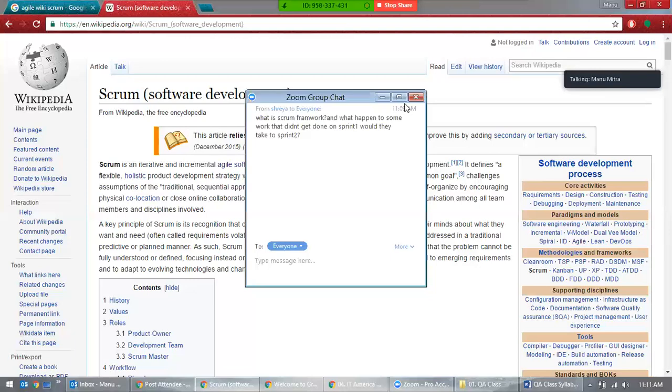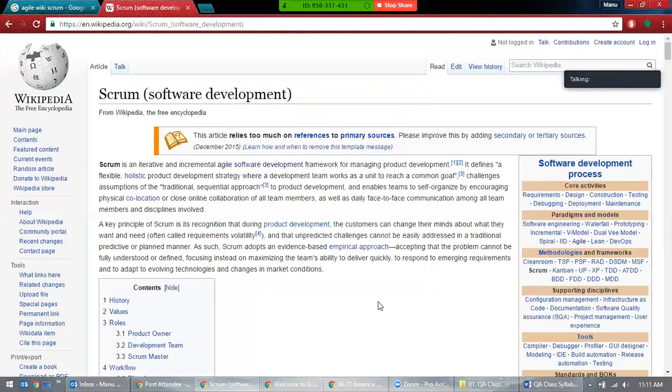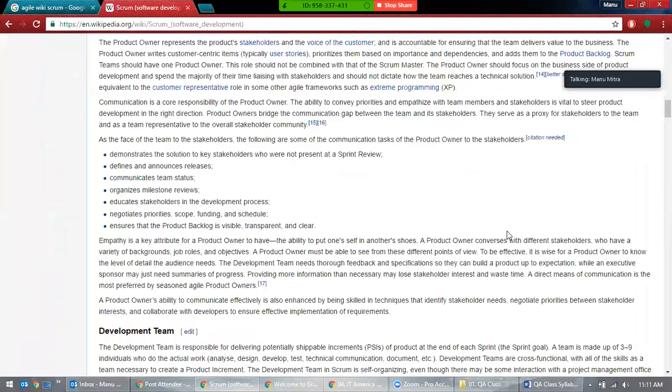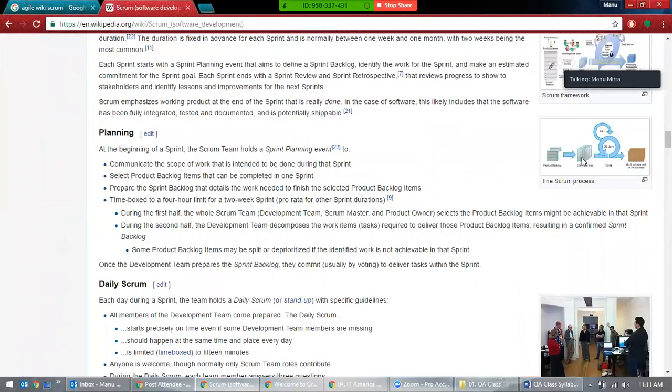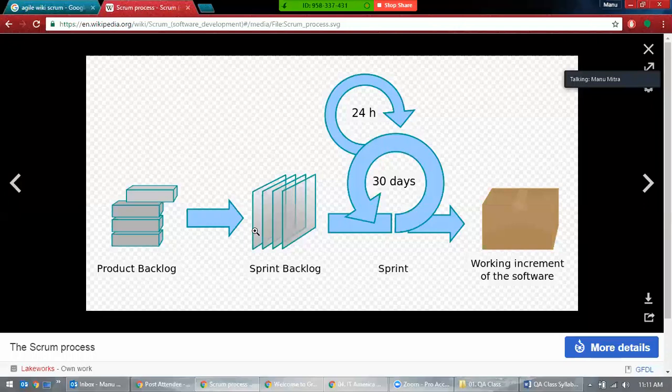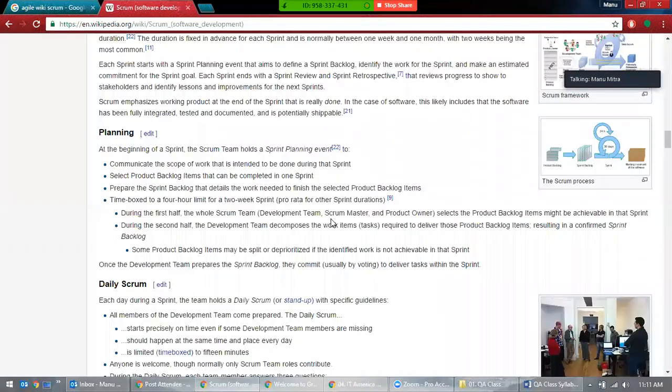And the other question is, what happens when the work didn't get done in sprint one? Could they take it to sprint two? Yeah, that's a very good question. Actually, not all might be completed in sprint one. There might be some defects. Let's say you have opened some defect which was not fixed in sprint one. Sometimes they make that defect into a user story and put it in the next sprint, so they will continue it into the next sprint. That's not always the hard and fast rule.